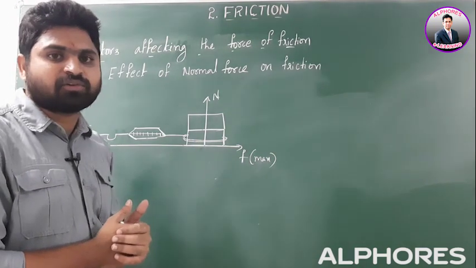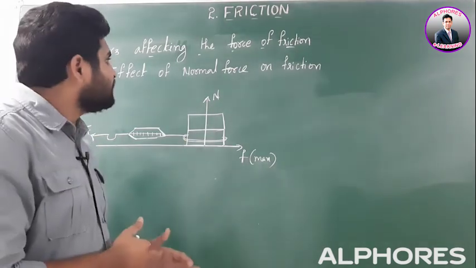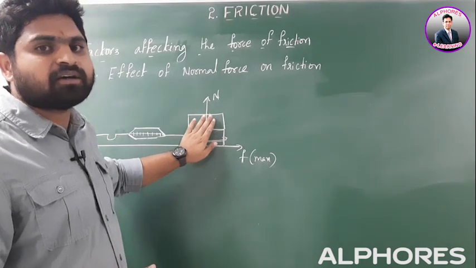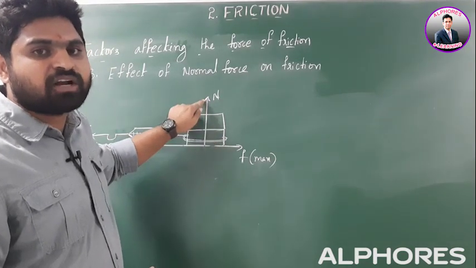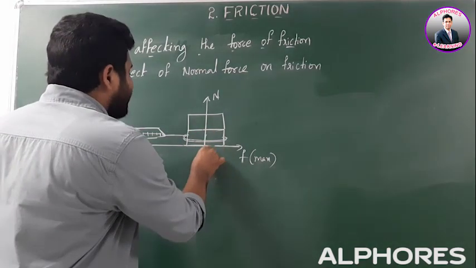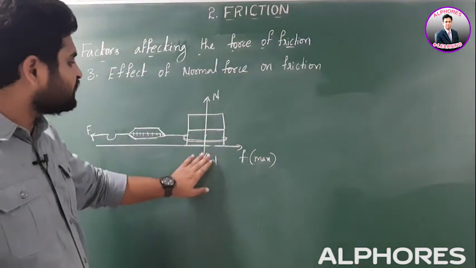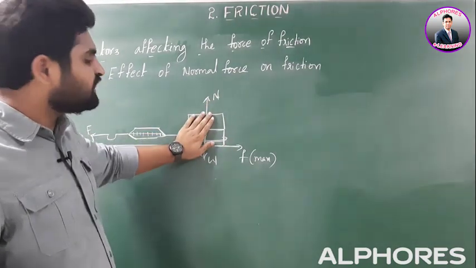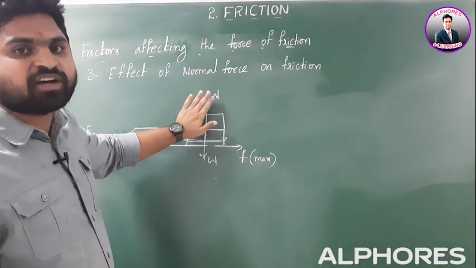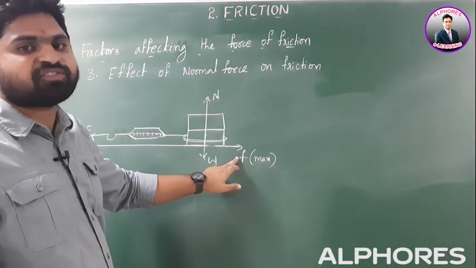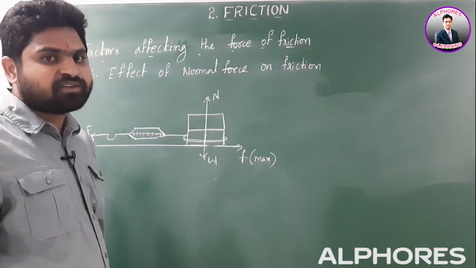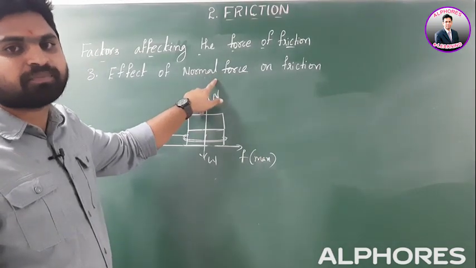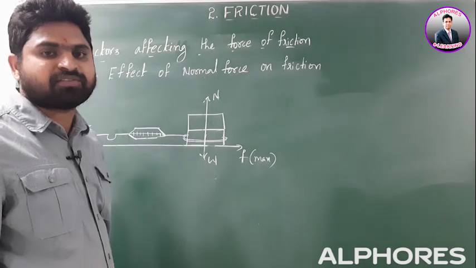Now finally we can conclude that force of friction depends upon the normal force. As the weight of the body increases, the weight of the body, which acts here, gets balanced by another force called normal force. So if you go on increasing the weights, the normal force also increases. If normal force increases, the force of friction also increases. So we can say that frictional force depends upon the normal force, or the weight of the body. I hope you understand this.